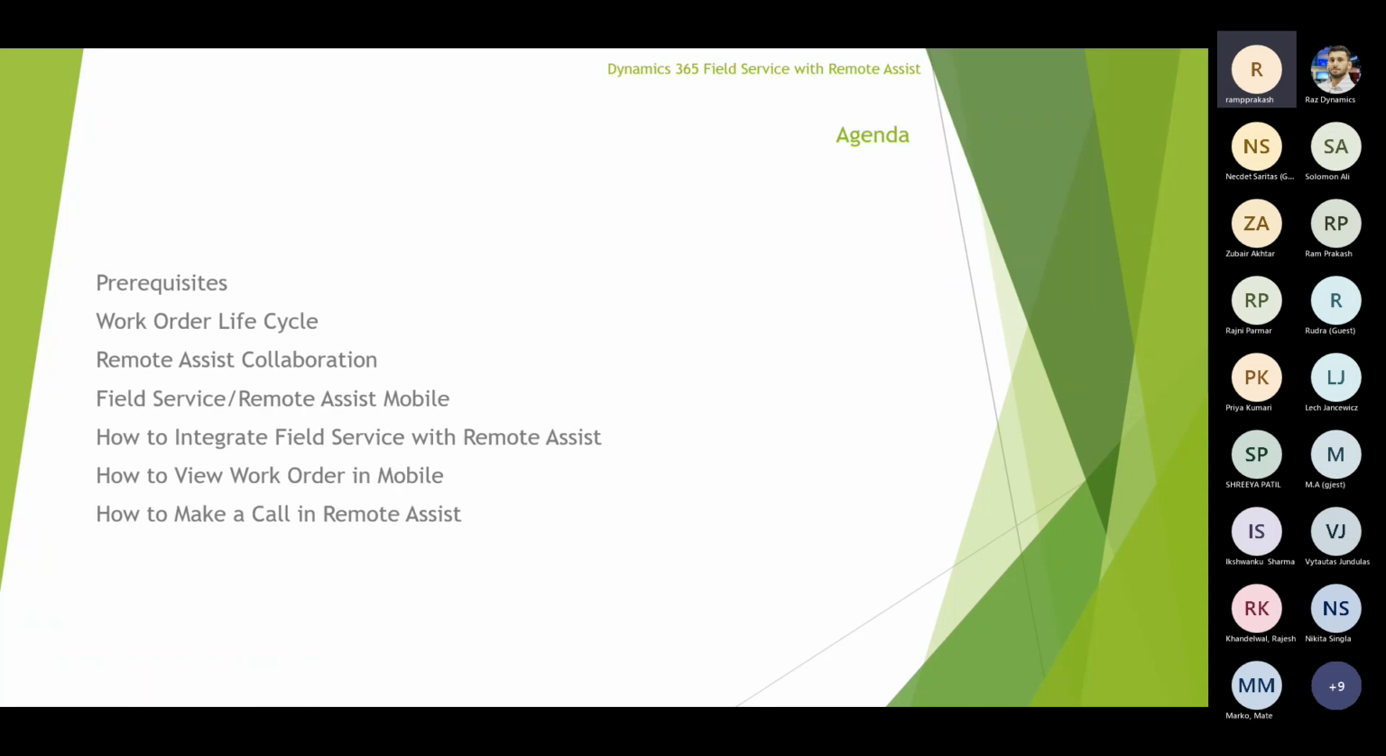Going to the agenda, what are the things we are going to see today? Today we are going to see Dynamics 365 Field Service with Remote Assist. First, we will see the prerequisites needed for Remote Assist and Field Service, and the work order life cycles, and how we can collaborate Remote Assist with the work orders, and where we can install the Field Service and Remote Assist mobile apps. And how we can integrate Field Service with Remote Assist, because Field Service is one product and Remote Assist is a different one. So we will see how we can integrate them, and how we can view